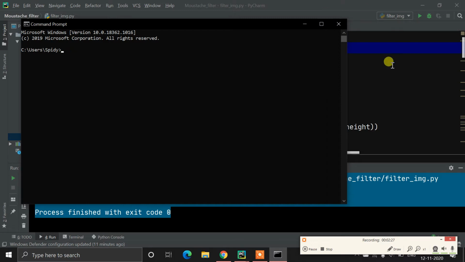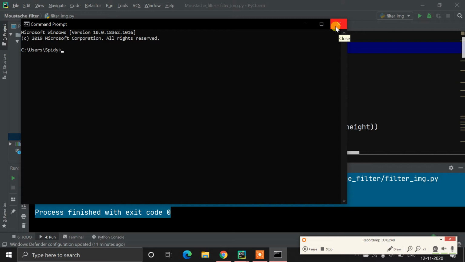So how to install cv2? There are lots of comments I got on different videos asking how to install cv2. So I'm telling you: pip install opencv-python. That's how we can install OpenCV Python on our machine.